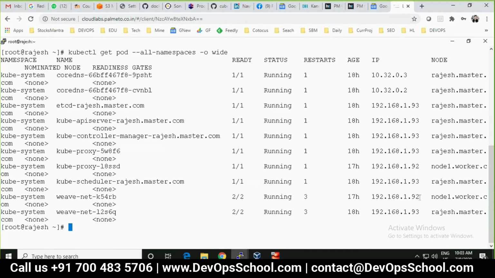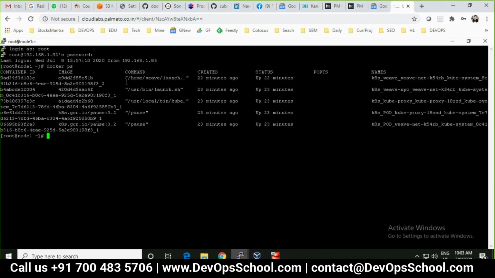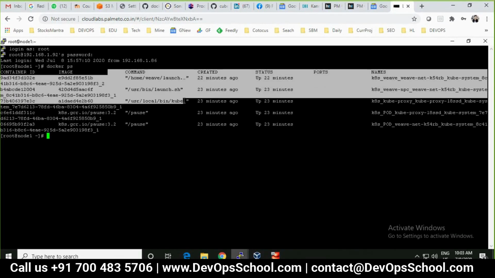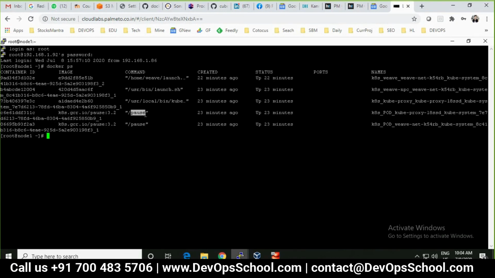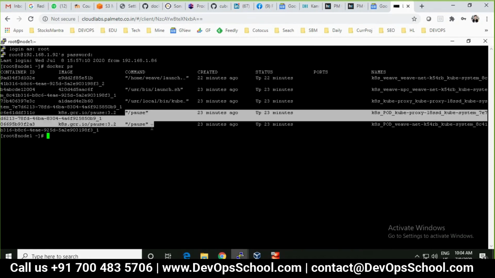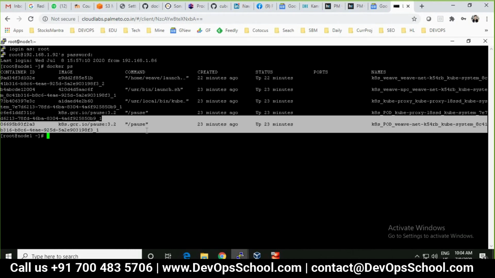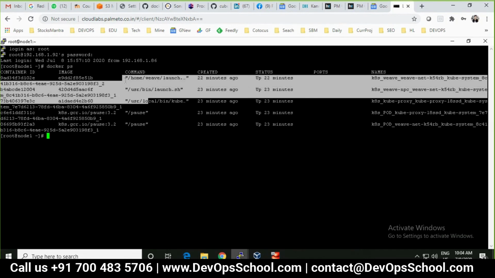Remember the IP address. Remember, one proxy runs in the node. You asked me to log into the node, so I logged into the node. Here I find basically 5 containers. But whenever you look at the pod container, please do not count it, because that's not a physical container. That is there for some other reason. But till now you understand the importance of the pod container. I have 3 actual containers.